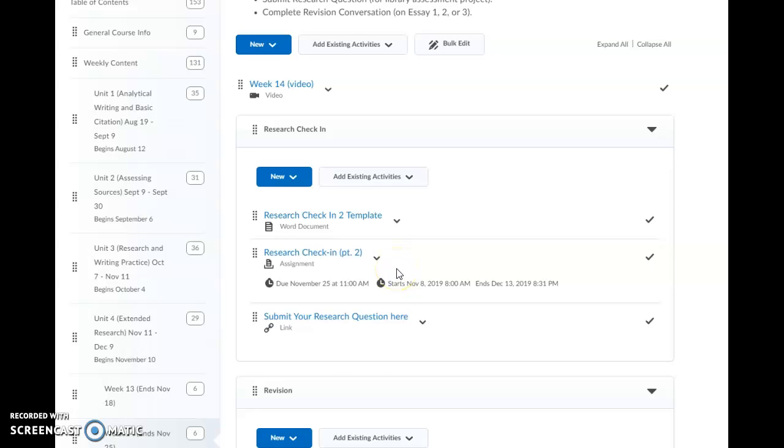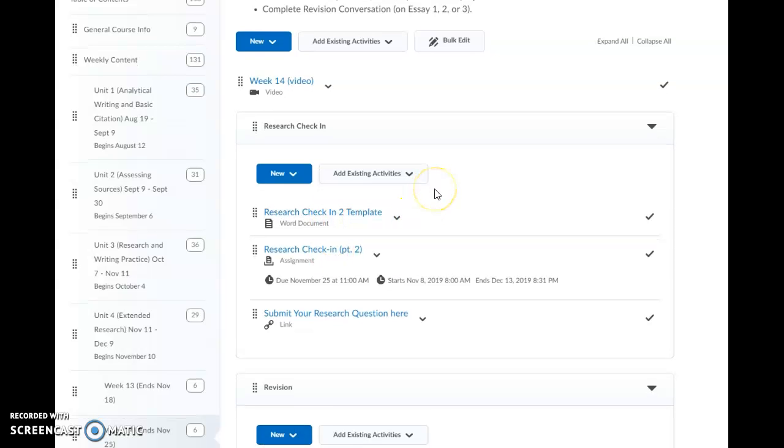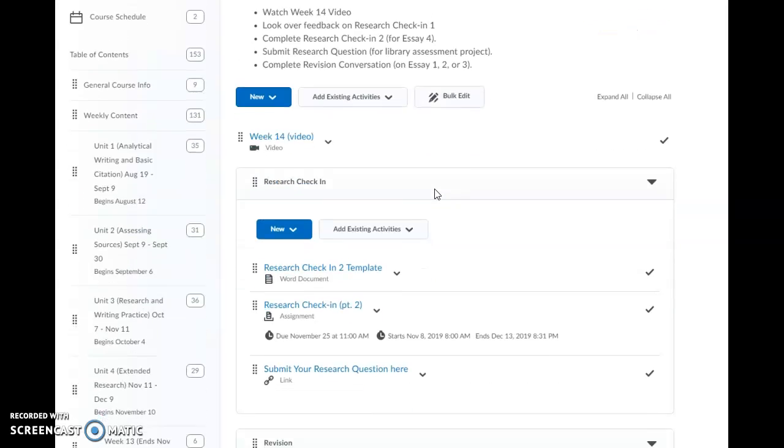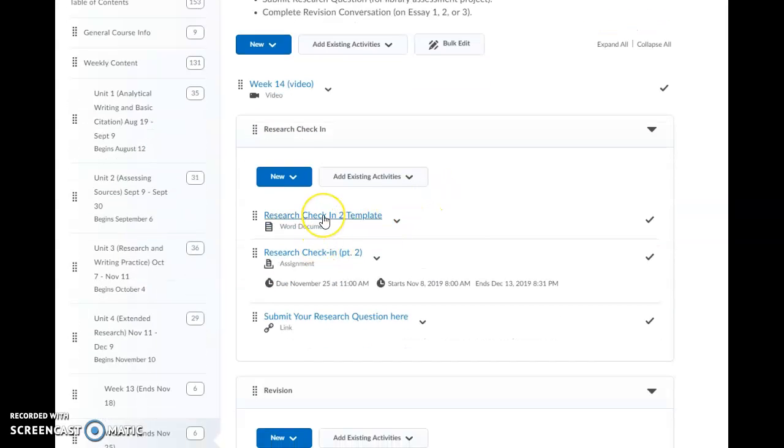This is the last time I'm going to actively engage with you on your research process, okay? So if you've got more questions after this, or you're concerned that you don't have enough answers, this is your time to make me aware of that so I can give you as much feedback as possible. And if you've got questions beyond what I can respond with in the template, hit me up via email or give me a call, and we'll work on it.